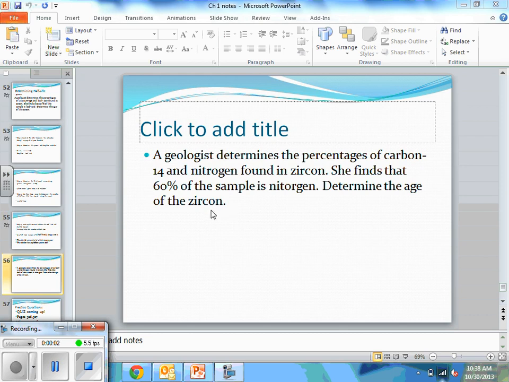So for this question, we're determining the age of zircon that's found in a fossil. This geologist finds that carbon-14 and nitrogen are found in there. 60% of the sample is nitrogen. Determine the age of the zircon. So if we go back to our steps,